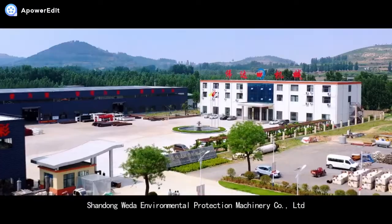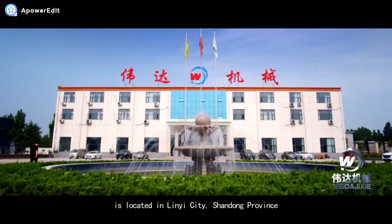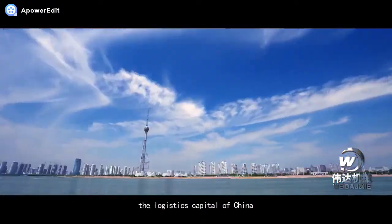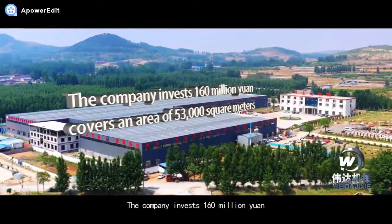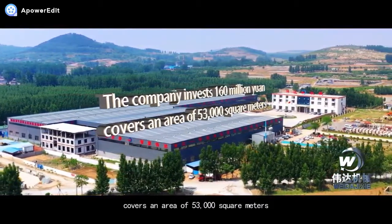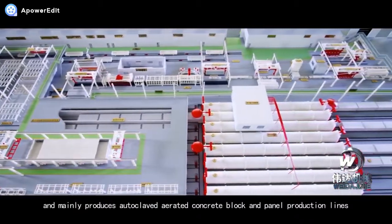Shandong WEDA Environmental Protection Machinery Company Limited is located in Linyi City, Shandong Province, the logistics capital of China, with superior location and convenient transportation. The company invests 160 million yuan, covers an area of 53,000 square meters, and mainly produces autoclaved aerated concrete block